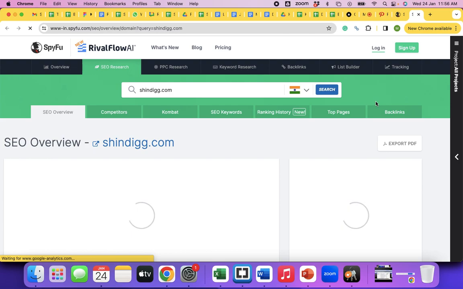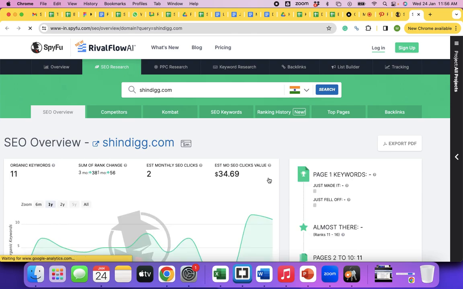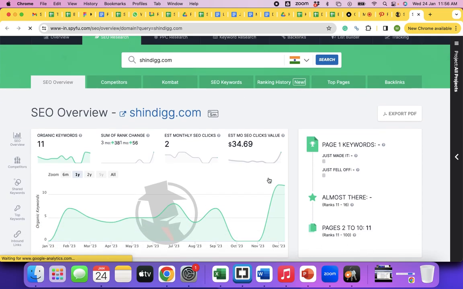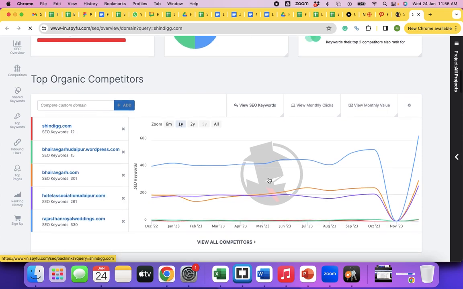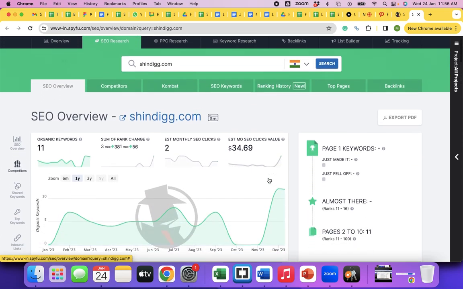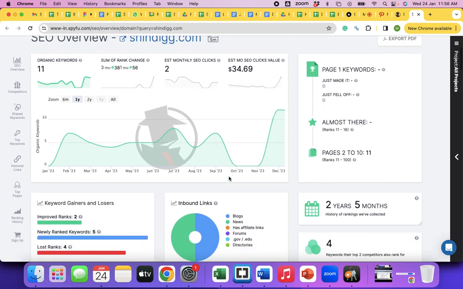You will get to know the discrepancy, what is the difference in data when you compare. See, why I did this is, for smaller websites, the discrepancy will be bigger. They would not have too many sources to refer to and produce the appropriate data. So when websites are massive, when they are bigger, their data accuracy might improve. Since it's a small website, organic keywords it's ranking for is only 11.